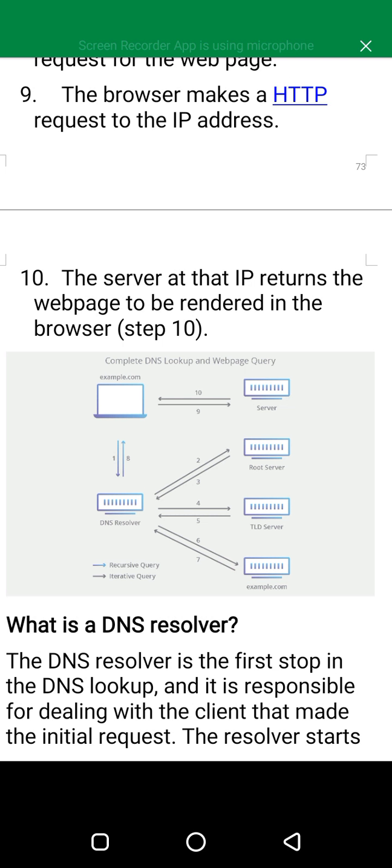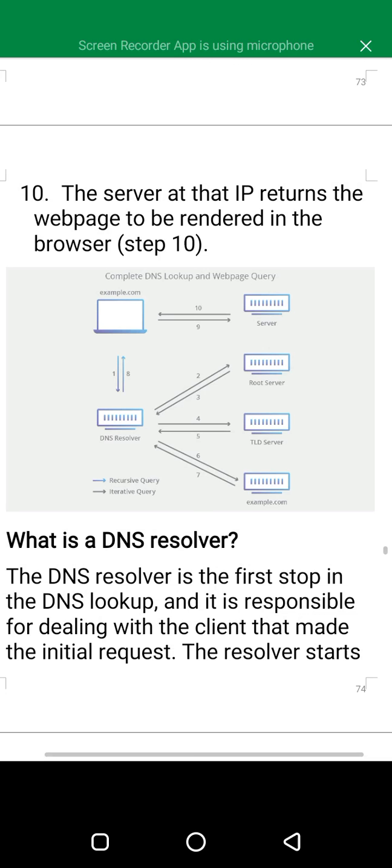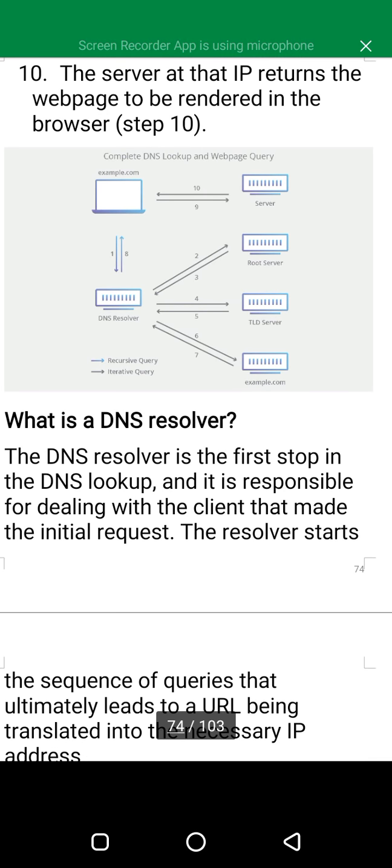So this is the illustration: the complete DNS lookup and web page query. So that is how it works continuously.